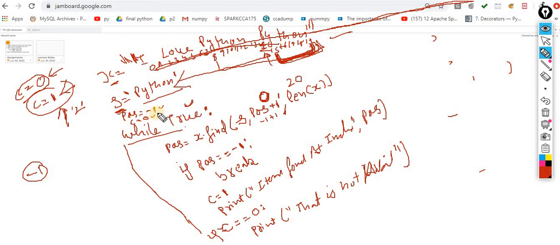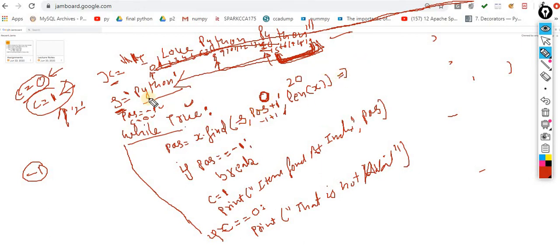Why did I take position equal to -1? The first point is, if I take position equal to 1, here what would happen? 1 plus 1, 2. Or if I take, let's suppose, position equal to 0, then what will happen? 0 plus 1, 1. So now my processing starts from the first index to the entire index, but I want to start my processing from the 0th index, and after processing it, I want to process from the 8th, after that for the 15th. That's why I am adding 1 plus 1 plus 1. Now I am elaborating this thing.